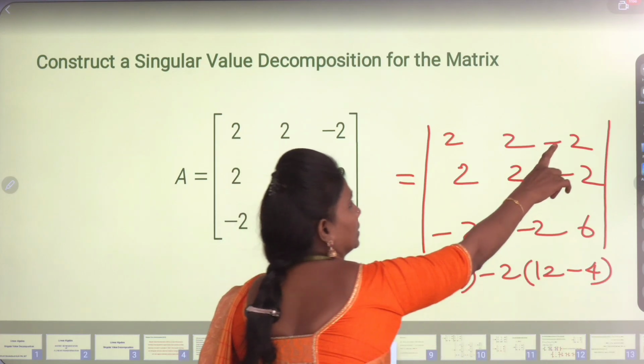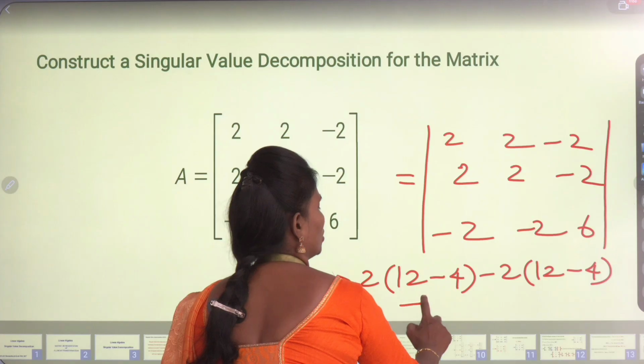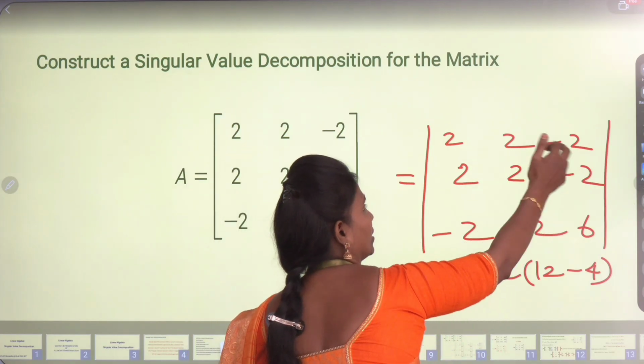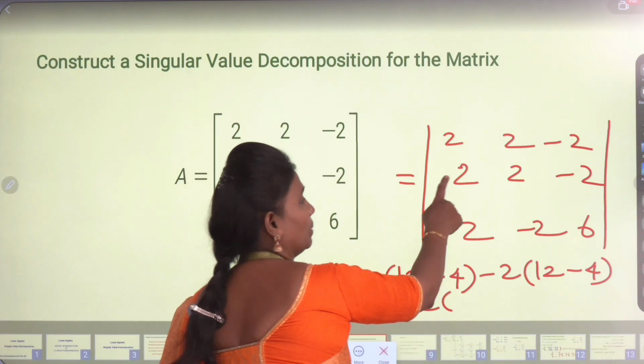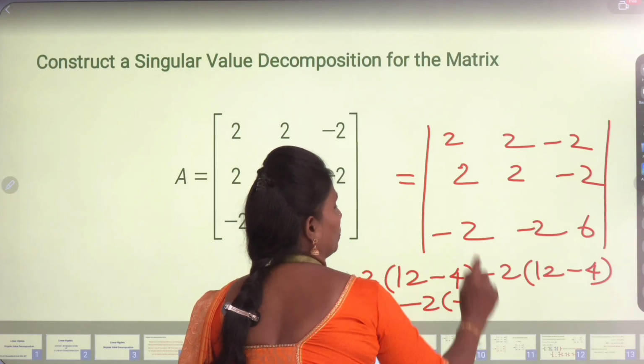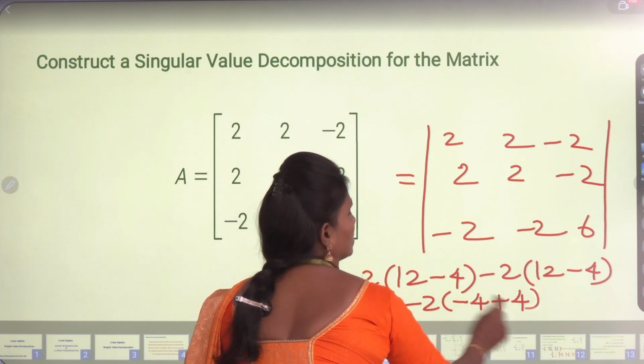Then after, the third one: already it is minus, but in the procedure it is a plus, but the element is minus, so that's why you're going to take it as minus 2. Then hide whatever row and column the element is present in, then get the multiplication. 2 into minus 2 minus 4, minus 2 into plus 2 minus 4. In the formula it is a minus, so what does it become?